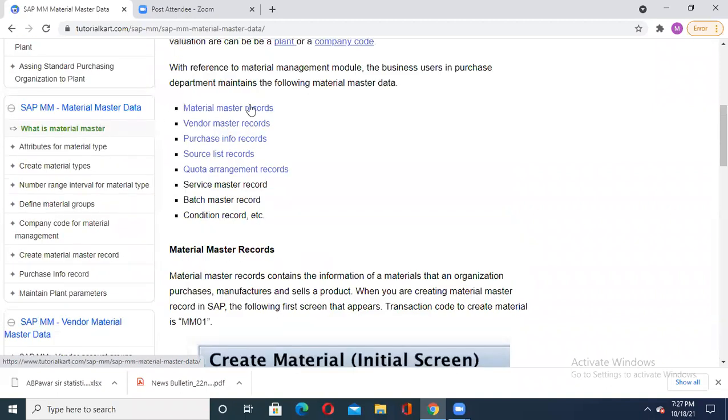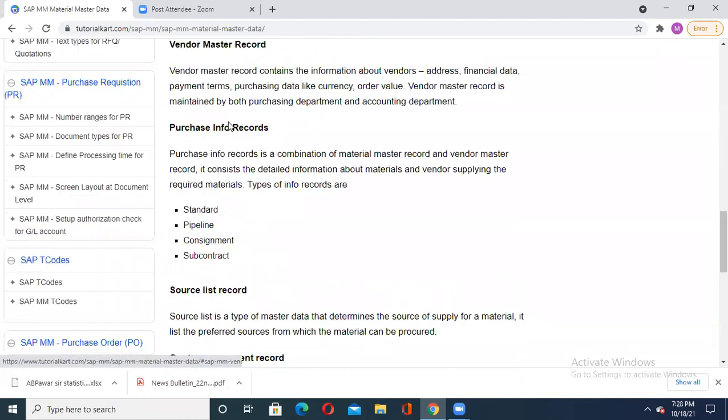With material master records, we store all the major records, whereas with the vendor master record, if you click here, you will see the vendor master record contains information about various vendors who give material to the company, their addresses, their financial data, their payment terms, purchasing data, histories like currencies, order value, everything.